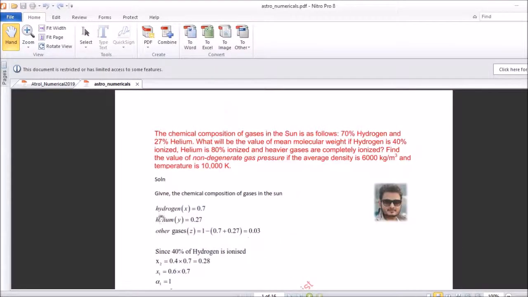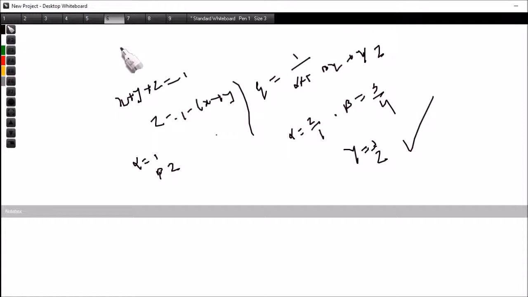The chemical composition is as follows: 70% hydrogen and 27% helium, but out of the 70% only 40% is ionized, and out of the 27% only 80% is ionized. What this means is that 70% is hydrogen as a whole, 100% for hydrogen, and only 40% of that is ionized. Similarly, for helium, 27% is equivalent to 100% for helium, and only 80% of it is ionized. Okay, so we clearly know